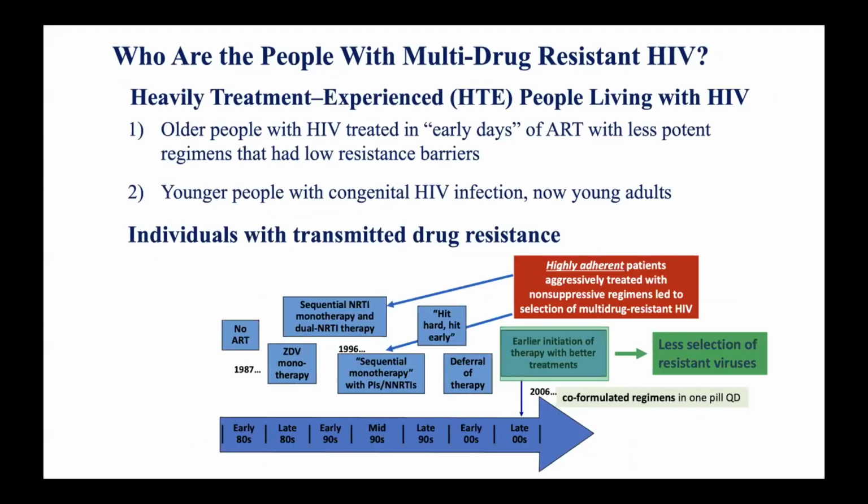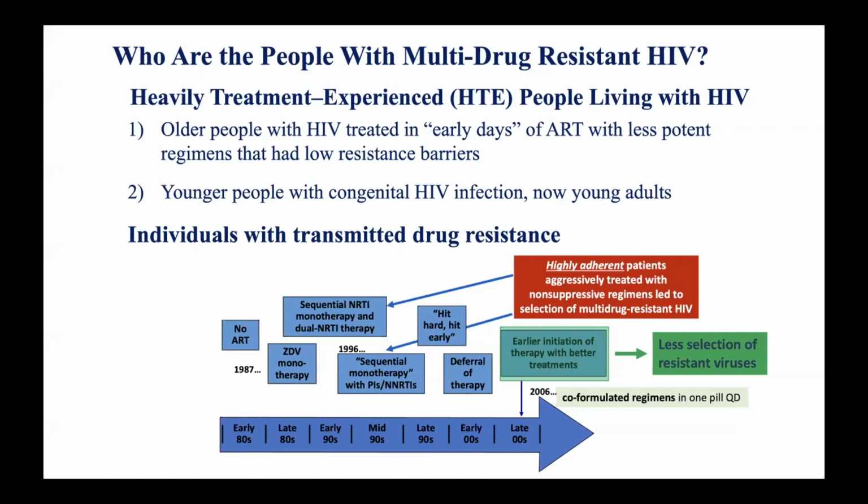And first to say, multi-drug resistance people are frequently highly treatment experienced, but not all the highly treatment experienced patients are multi-drug resistant, we should remember. But normally the people that have multi-drug resistance are heavily treatment experienced people living with HIV,